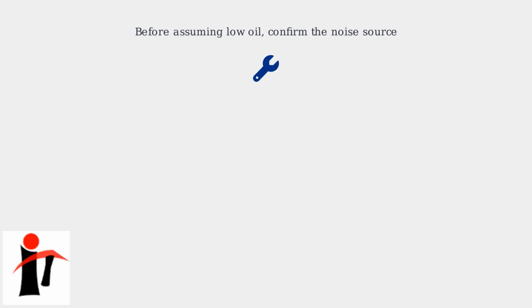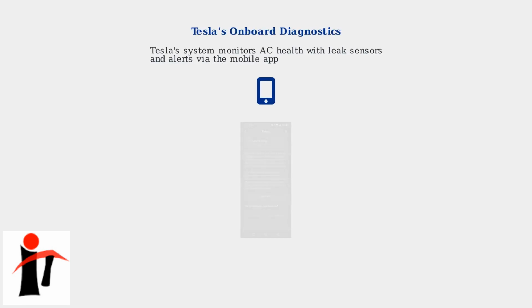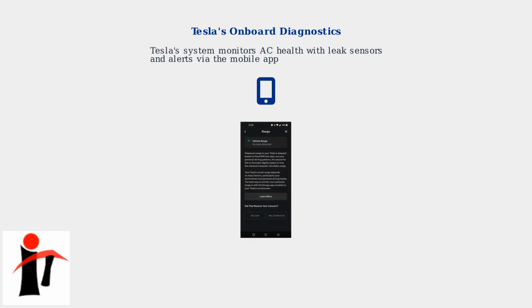Before assuming the not enough oil noise is caused by low lubricant levels, it's important to confirm the actual source of the problem. The AC compressor noise could stem from various issues beyond just oil levels. Tesla vehicles are equipped with onboard diagnostics that include leak sensors in the AC system. These can detect potential refrigerant leaks early and alert you through the Tesla mobile app, helping identify if oil depletion